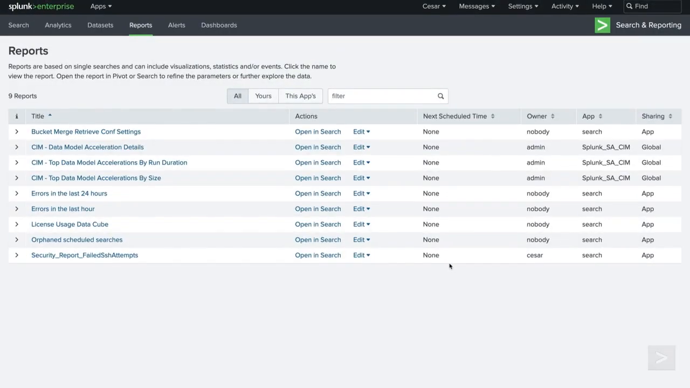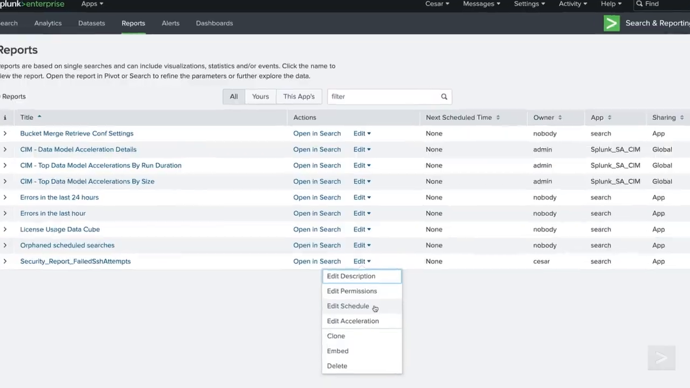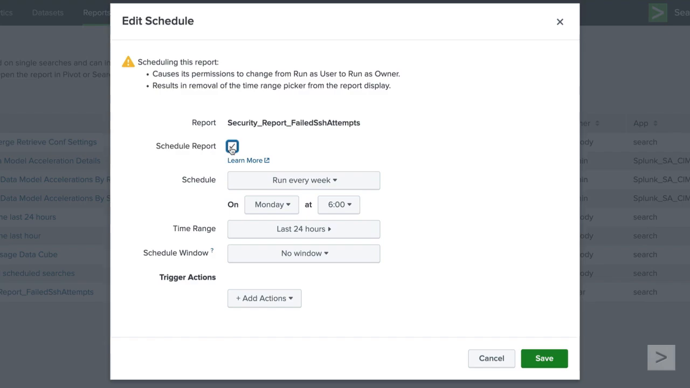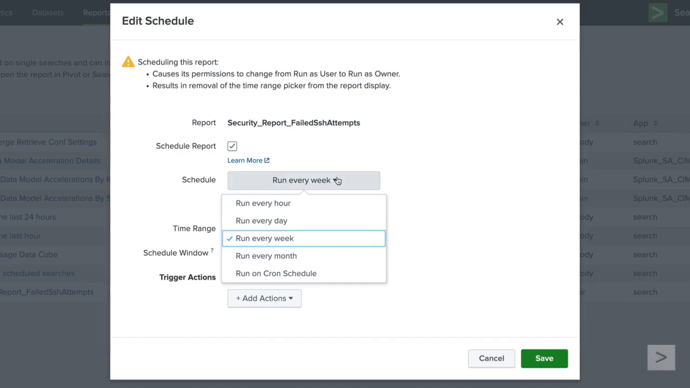We can schedule the report to run at timed intervals using the Edit Schedule link. There are multiple benefits to scheduling a report. It can reduce strain on your environment caused by repeatedly running new ad hoc searches. This is particularly beneficial when a report is shared with a number of users or embedded in a dashboard. Reports can be configured to run every hour, day, month, or week,